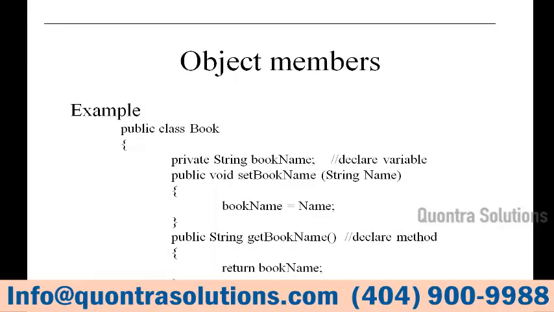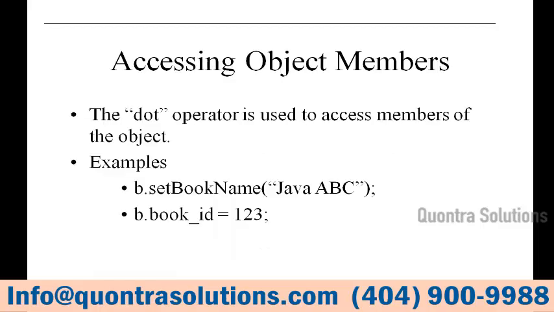So now this is the example which we have written very first. That is, we have written a public class Book, public String bookName, the setBookName and getBookName methods. So here this is how we use the dot convention. If I am using b dot setBookName, only b dot will help me to invoke all the methods of the class. Because b is an object of the class, b dot will help me to invoke the methods of the class. Like the b dot setBookName method, I am calling it and I am setting the variable to Java ABC. And b dot bookID, if there is a variable called bookID in my class, I am setting that value to 1, 2, 3 by using object dot.